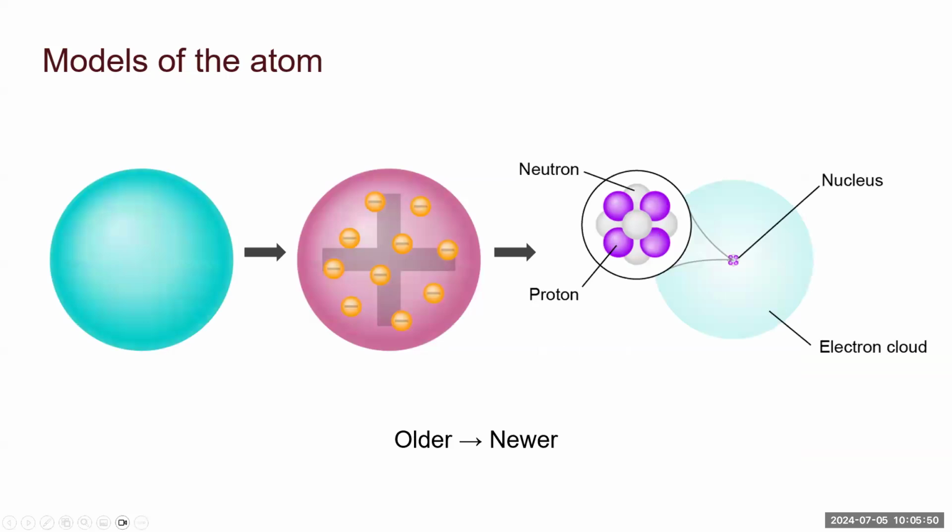He said, all right, here's an atom, and we've got a couple of different options. If this atom has positive charges distributed throughout the atom, so if that plum pudding model theory is correct, then when I shoot something with a positive charge at this atom,